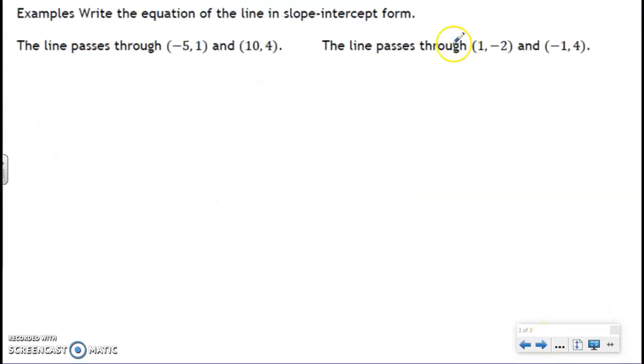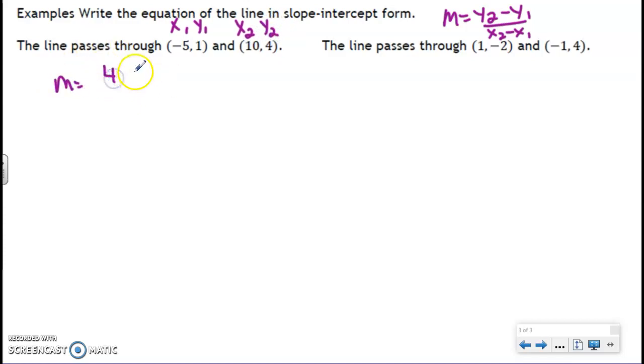Okay, so 2 examples. First thing, slope formula, m equals y2 minus y1 over x2 minus x1. You will see those reversed, y1 minus y2, x1 minus x2, which is fine as well. Just make sure you're consistent. And as we did in the slope section, I'm going to label x1, y1 and x2, y2 to find my slope. So I'm going to do y2, y1, x2, x1, and I'm going to make sure I subtract in between